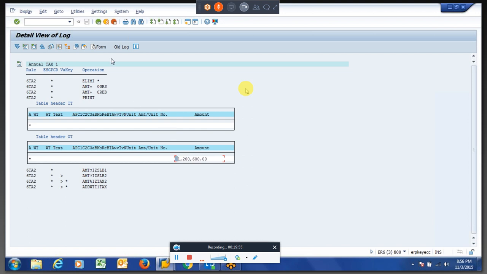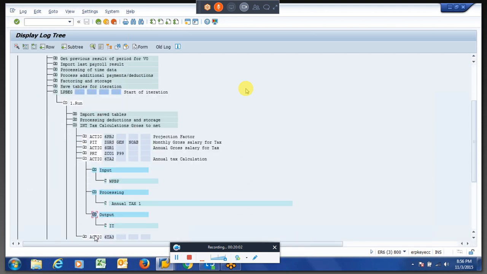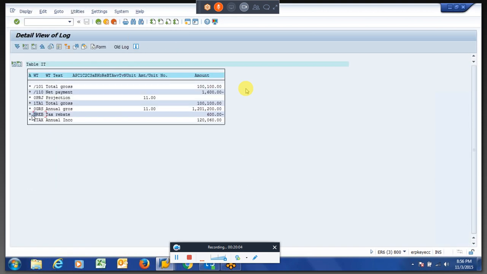This is the process what was happening. If you see in the IT table, even 0 REB holds with star instead of a particular PCR grouping and all this stuff.